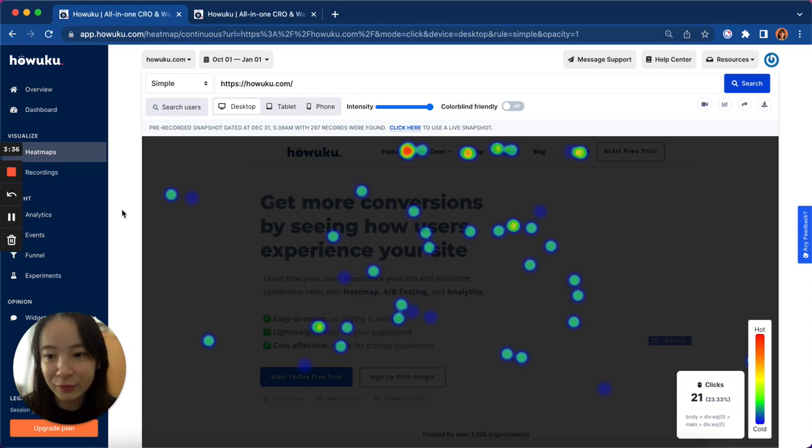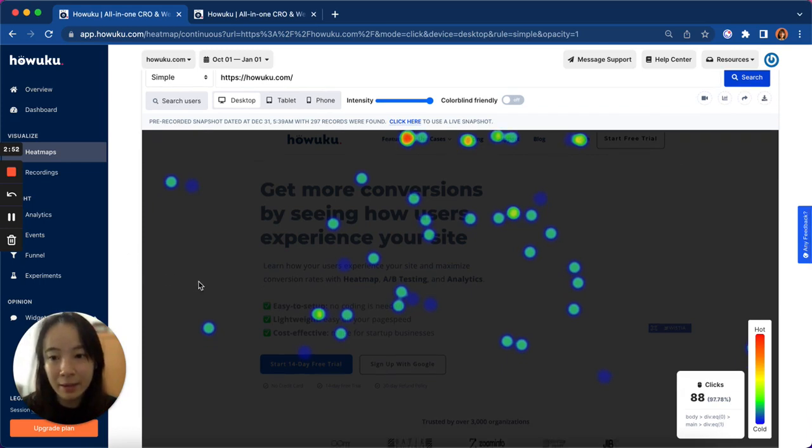if they click on a link on your footer, it means that there is some important piece of information that they need on your website. So if you really see a pattern that your footer has a hotspot, you might want to make that piece of information more obvious, maybe at the top of your page, or somewhere that is easier for the visitor to find, instead of scrolling down to the footer, right? So that is how you can use click Heatmaps to improve your user experience, as well as